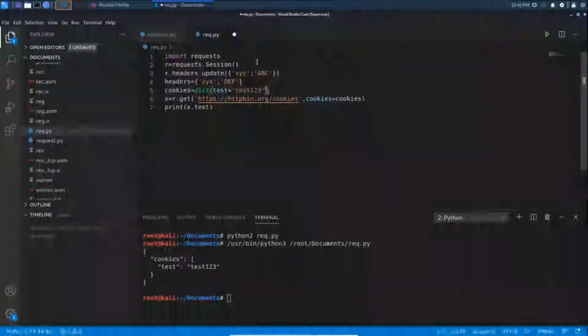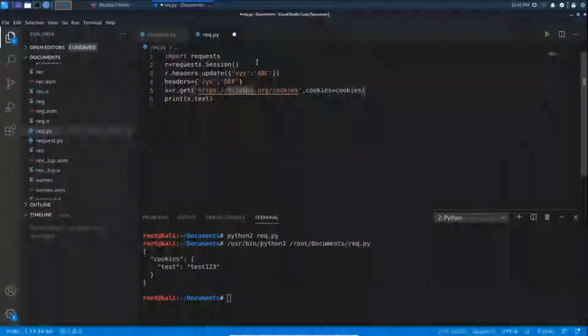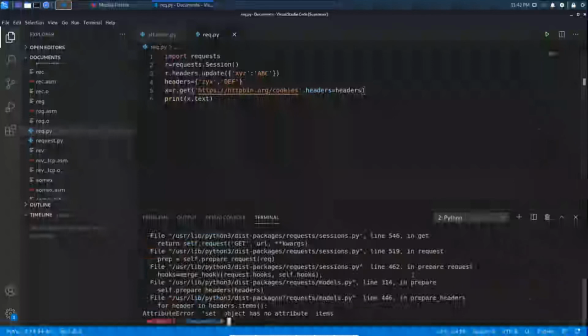As we are using the headers.update method, we need to clear it. And here we need to pass the parameter headers equal to headers. Okay, let me run the program. What will happen? Attribute error.